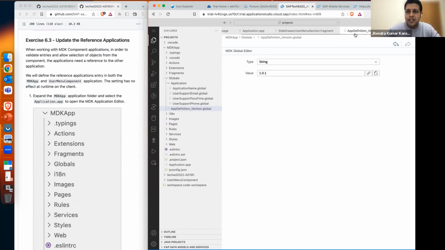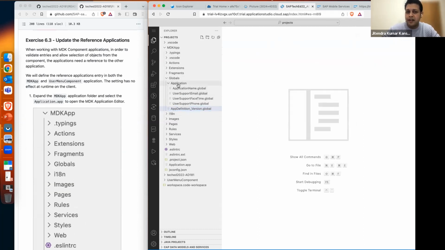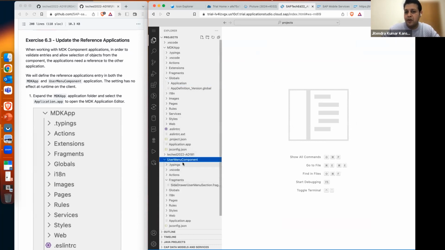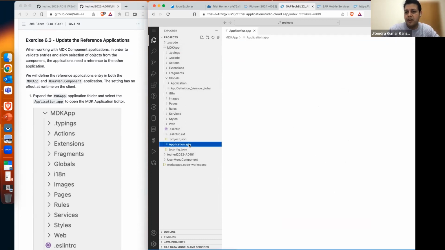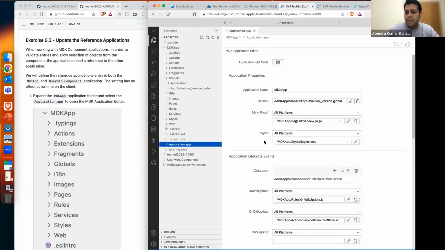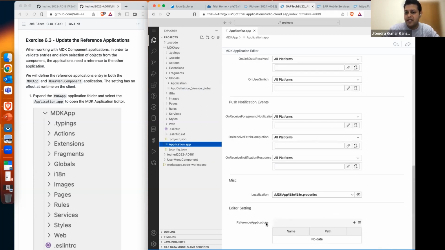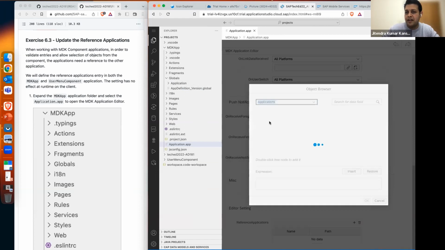Right, and this is what we copied from the component project to our base project and enhanced the values. But then what we want to do here is reuse this fragment from the component project in our base application, and in order to do so, we need to update the reference application. The way we will update the reference application is we go to the application.app file under the MDK app project, and there's a reference application setting, and we click on this plus icon, and what is happening is